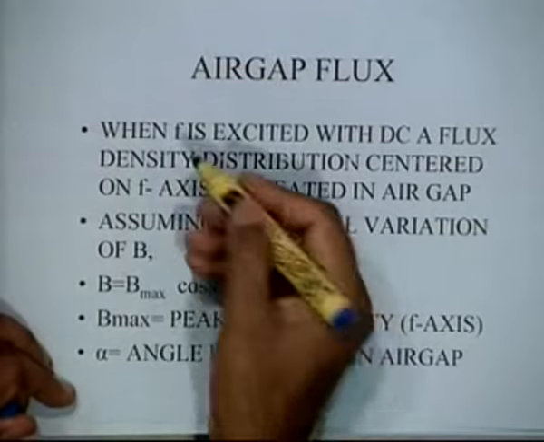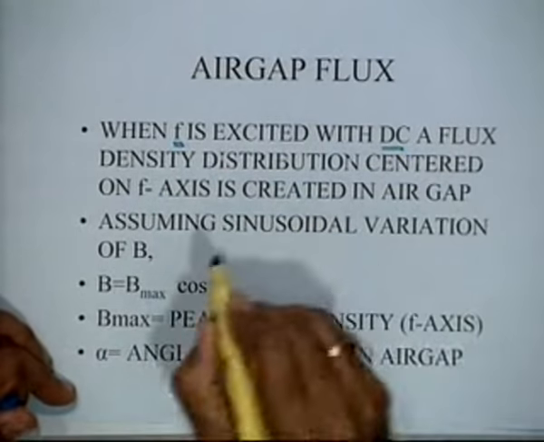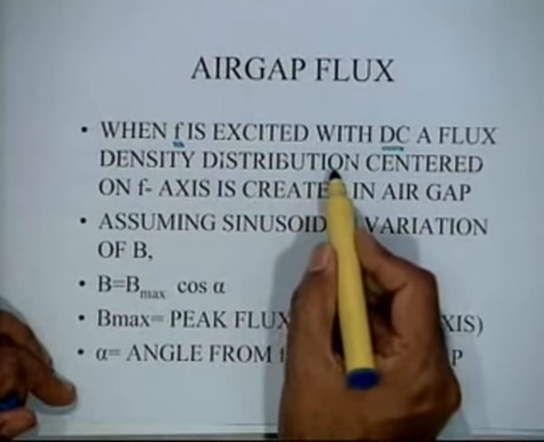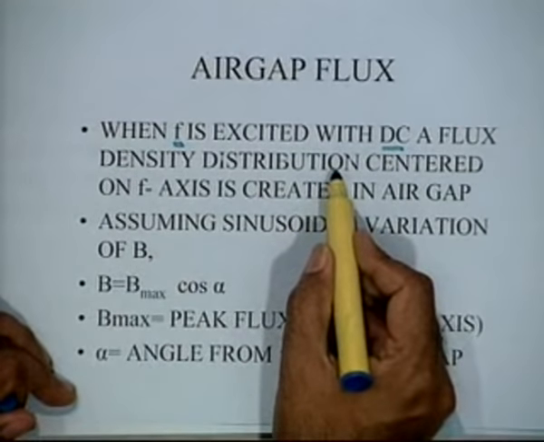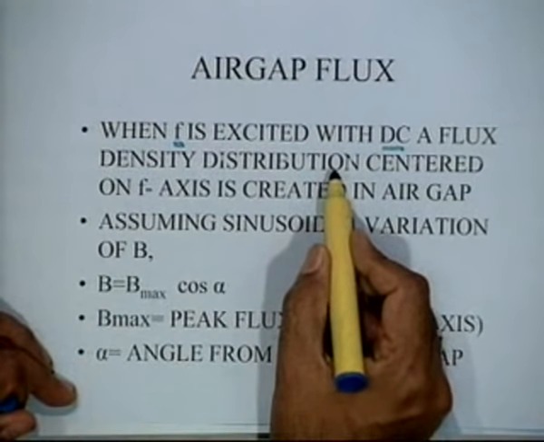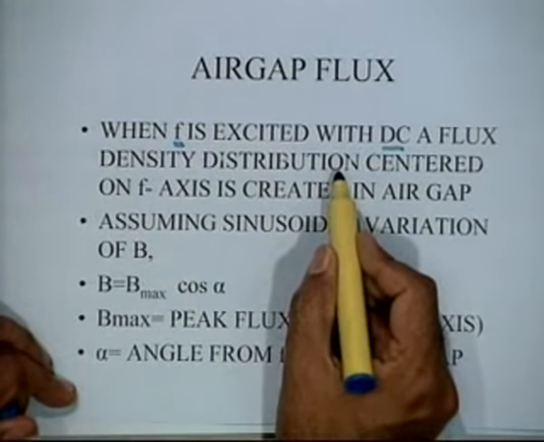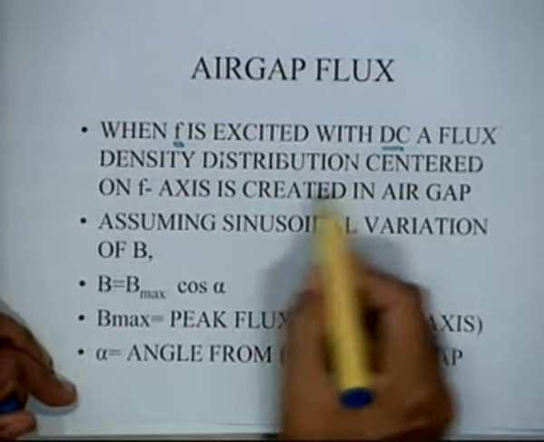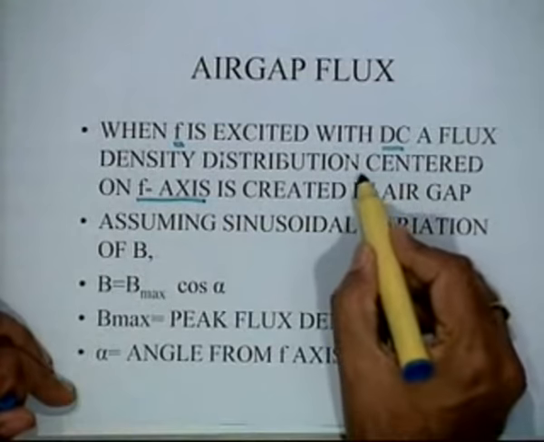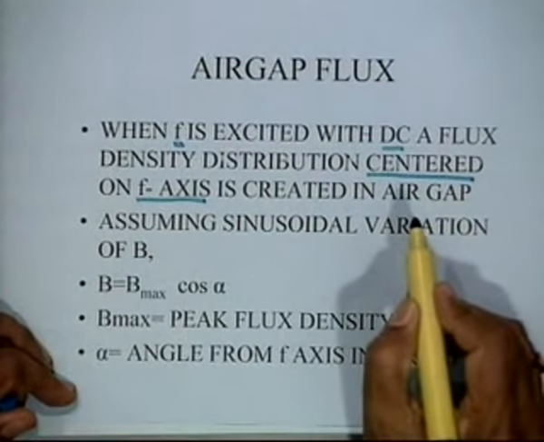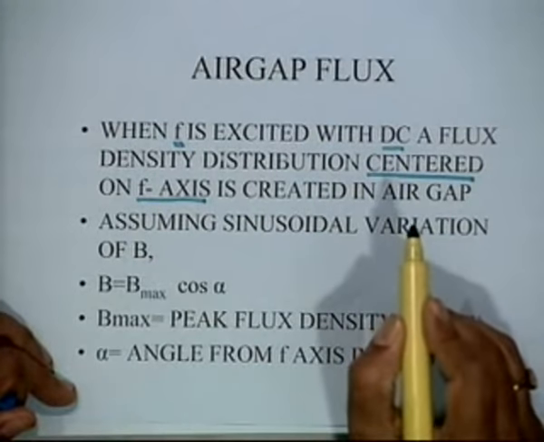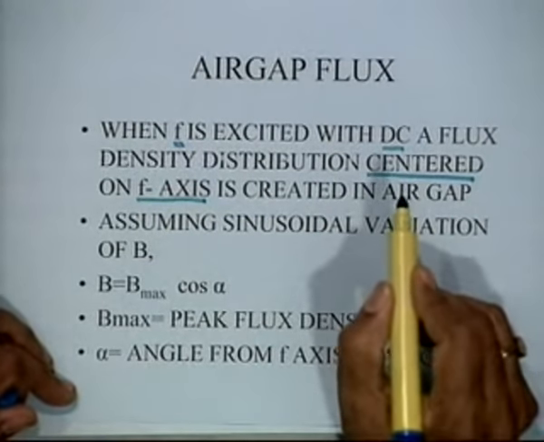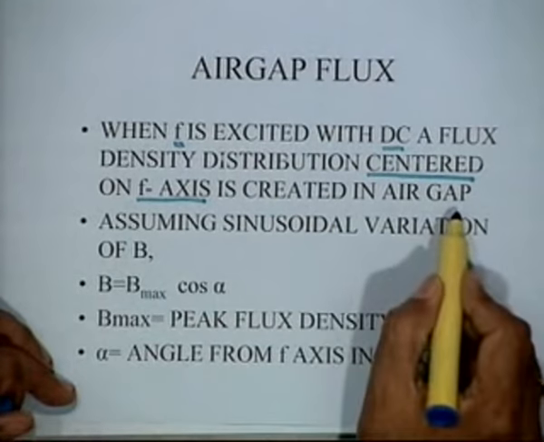Now the same thing we will reiterate like this. When F is excited with DC, there is a flux density distribution. So at that time there is a B distribution in the air gap, which we know is assumed to be sinusoidal, centered on the F axis. So where will the B distribution be? It will be centered on its own axis. At any instant of time, B will be B maximum on the axis of the field winding that is created in the air gap. That means, if I go back to that first figure,